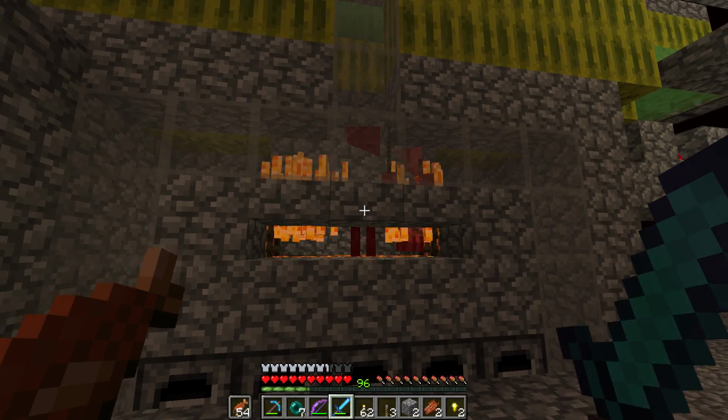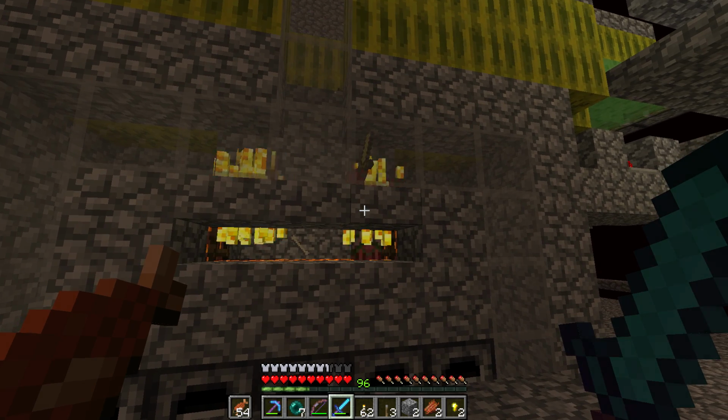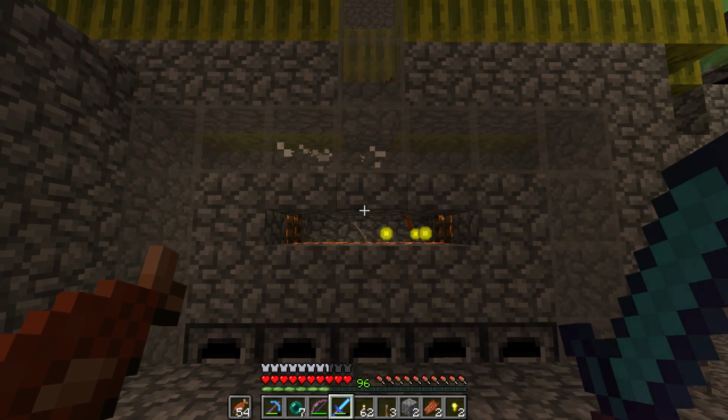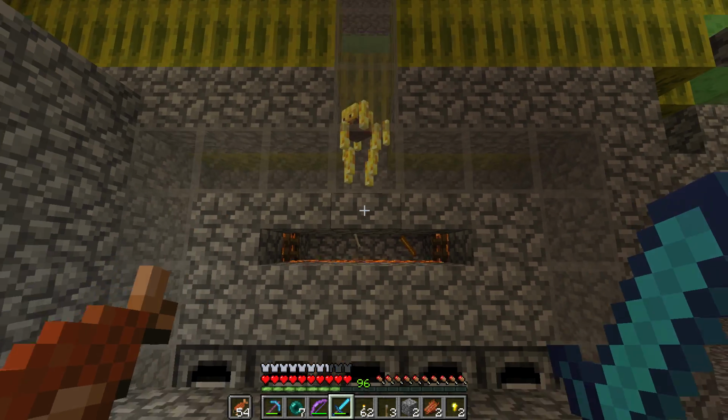Most of this stuff, anything that's not a blaze, should die to suffocation damage long before the blaze do. That zombie pigman must have spawned down here. And then everything was one swipe to death. That block will retract now that...